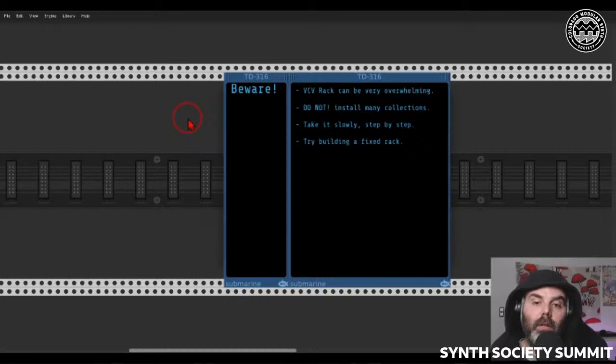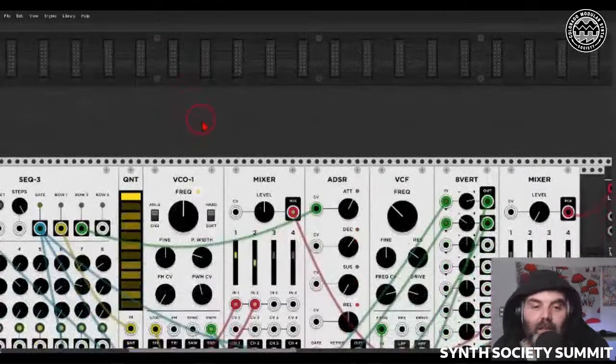And also another really good tip that I have for you is try building a fixed track. Decide you want 1 row, 2 rows, 3 rows, never mind how many HP. Try and build a patch that you can go back to, a sort of a template, and experiment with and use only those modules for a week, for 2 weeks, for a month, even more. Compose a whole album just with this fixed track. You will learn so much from it, and it will really help you to take your patches to the next level. And here I have such an example.